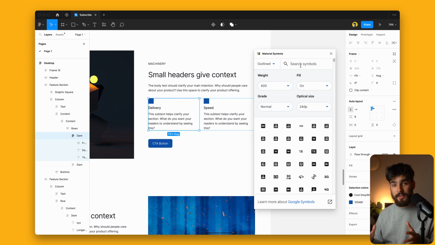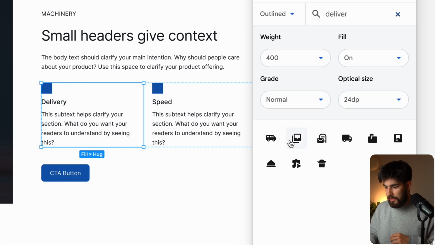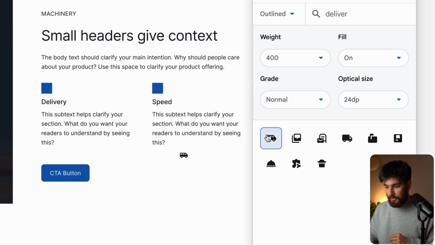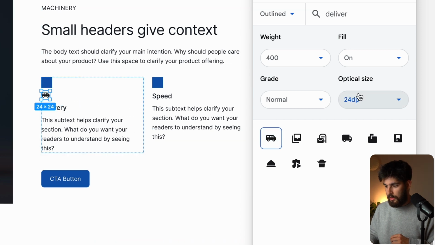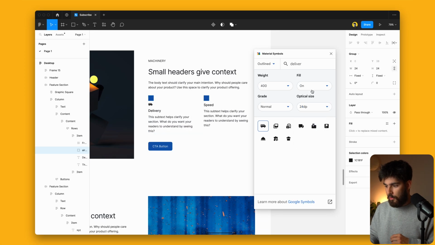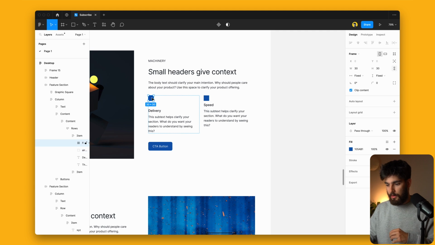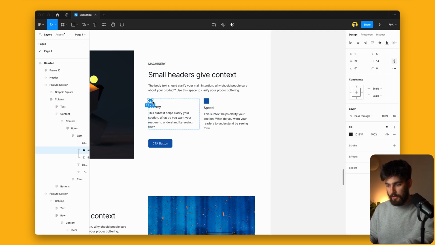So if I was to use this in a real case scenario, I would use this here, for example, in the delivery section here. So let's type in delivery. We can see that there's a little van. Let's go ahead and click on that, drag it in here. I want it to be probably 24. Don't really need a fill. Maybe it can be a bit thicker or a bit lighter. And that is great. Now I can get rid of this little placeholder,